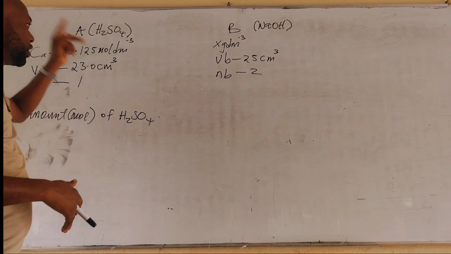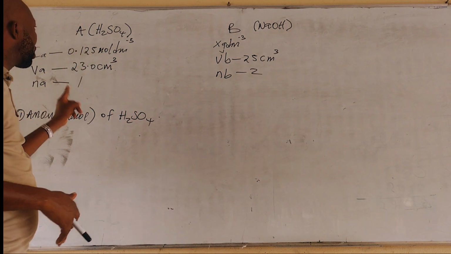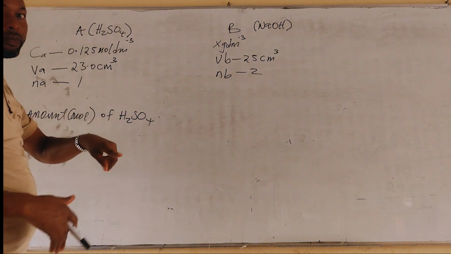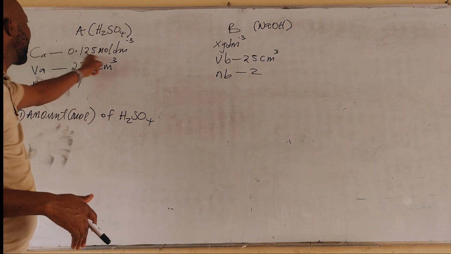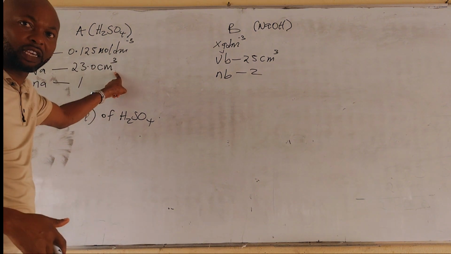Then the other formula for amount is molar conc times volume. Now there is a molar conc here given and the volume here is given, which means